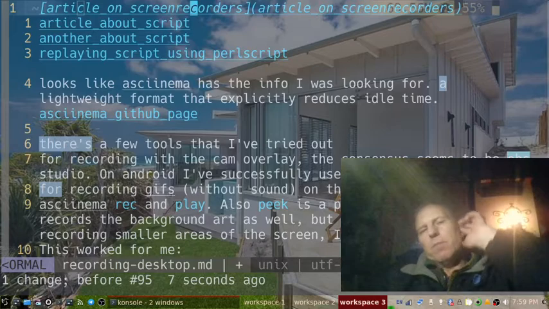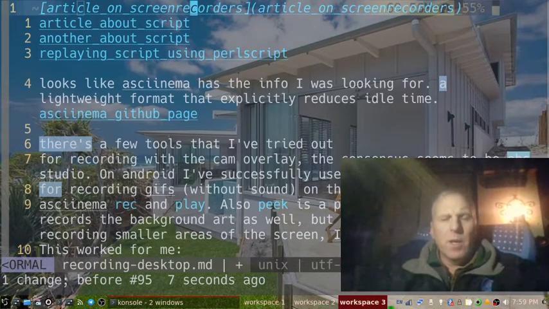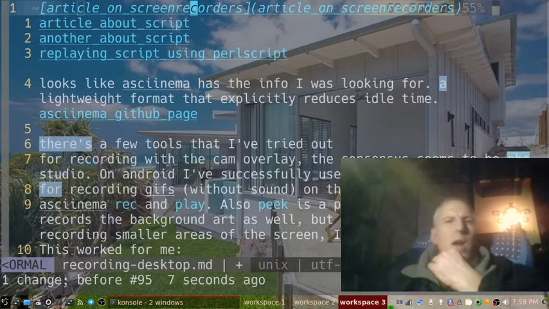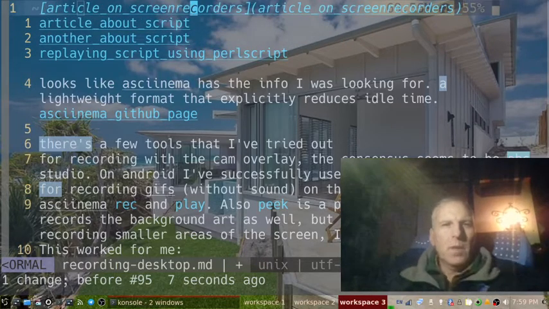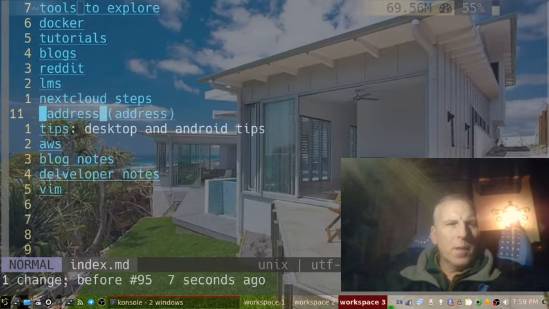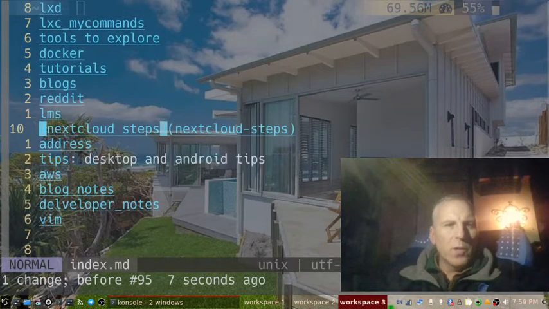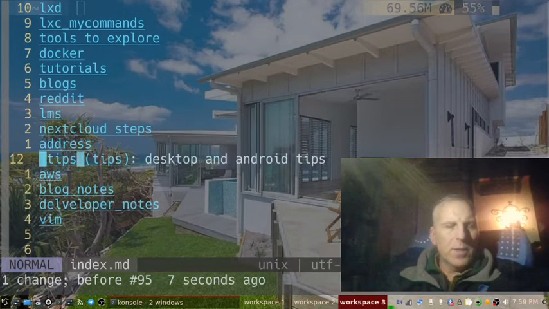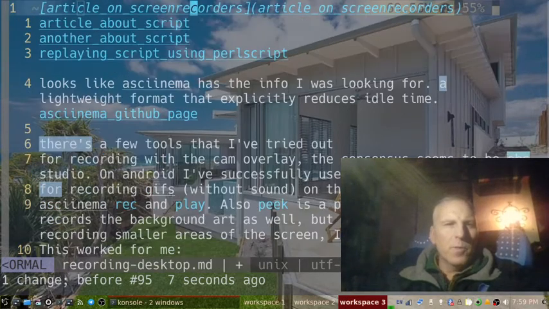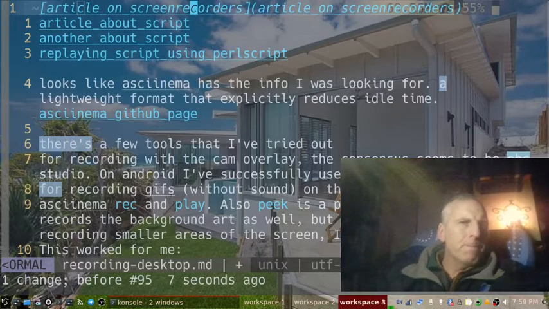recording the screen and video and all that is one thing, but for, say, a really lightweight, just recording the terminal, I looked at a bunch of different tools. This is just a wiki, just general knowledge wiki that I've put together, and just talking about tips here, and I'm talking about recording the desktop. This is it all in Vimwiki, so